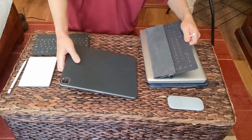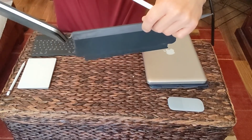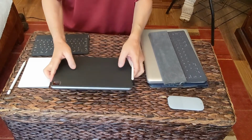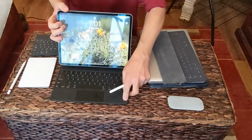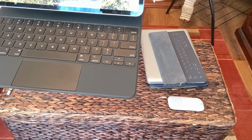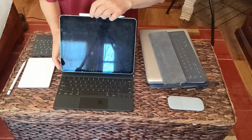So this case, and I don't know if I can show it off here, is basically within a millimeter maybe, without using my caliper, which I don't have here, is almost as thin. And this thing I want to show you, which is so amazing, that you probably can't see it because this is during the daytime, but these keys have backlit keys that light up. And in the OS, which doesn't work on other keyboards that have backlit keys,